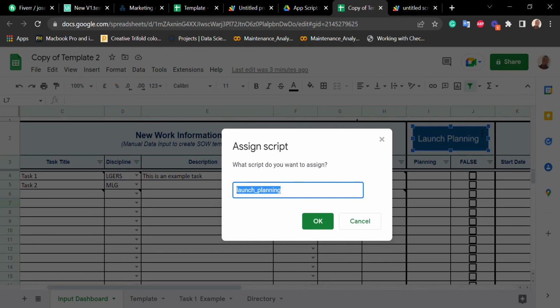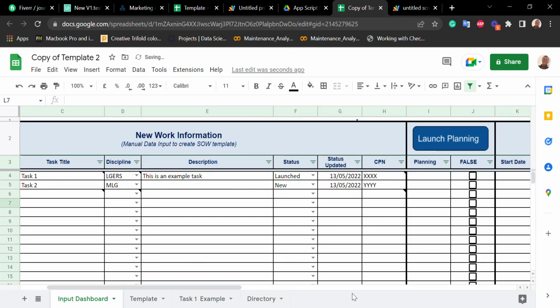Okay, so what we have to do is that you'll have to copy exactly the name of this function, because it's the function which will be run automatically when you click on that button. So launch planning, then you click OK. So next